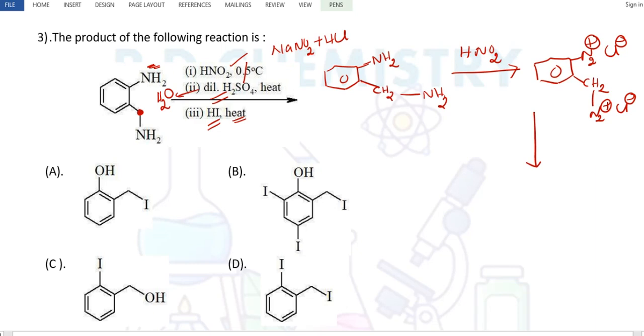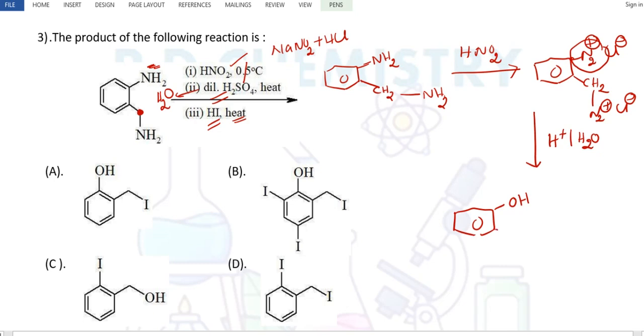Okay, acid medium, H plus and OH minus, H plus and water. Acid hydrolysis now. Now what will happen? Whenever N2 is directly attached to benzene, what will happen? Water can attack the carbon atom and the N2 group goes out. Therefore, I will get the benzene ring attached to OH. So hydrolysis of diazonium chloride will give the corresponding phenol.